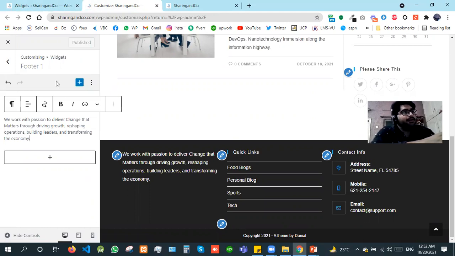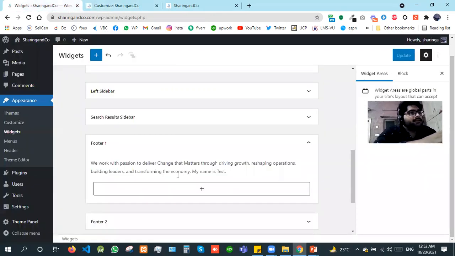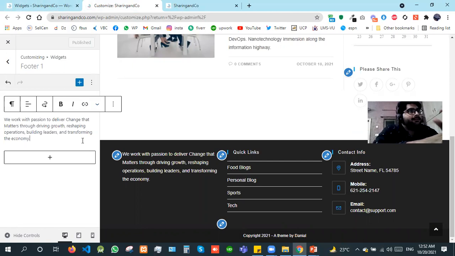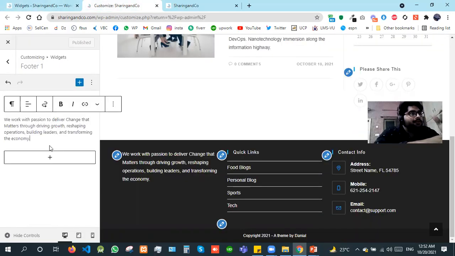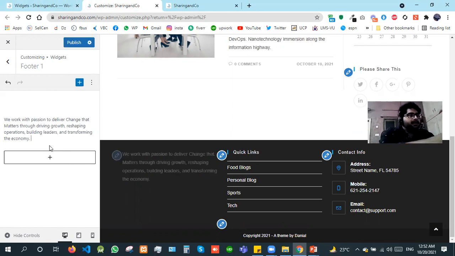If I have opened this in a separate tab, and I'm also applying this from the widgets on the backend, it will also take effect from the customizer. If I haven't opened it, and I'm only doing it from widgets, then this can take effect. But I have this opened, so it has more importance. My name is test. Okay,